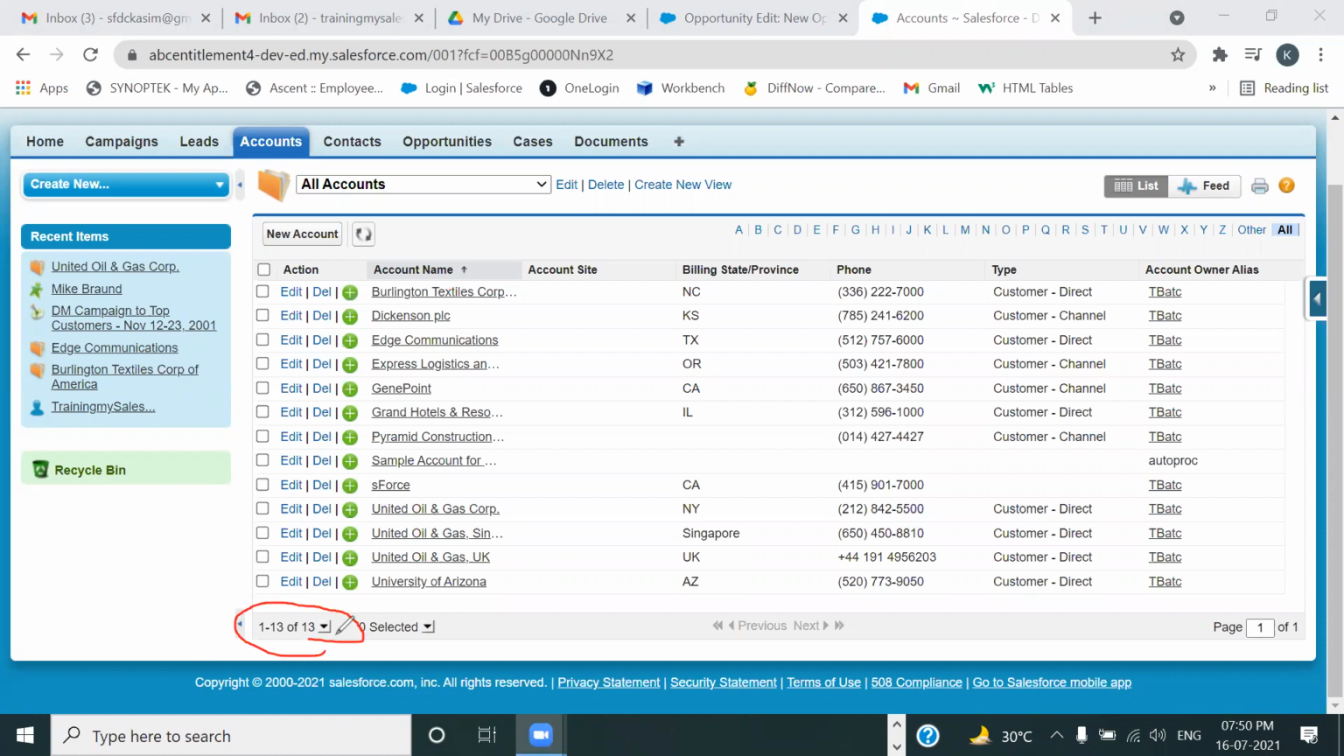We presently have 13 records, and all of them are going to be listed here. This is what all accounts shows. Now, one thing we need to discuss here is this: